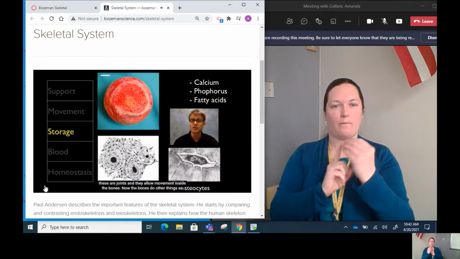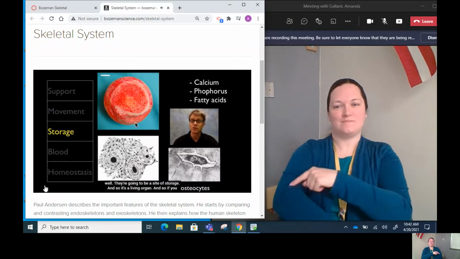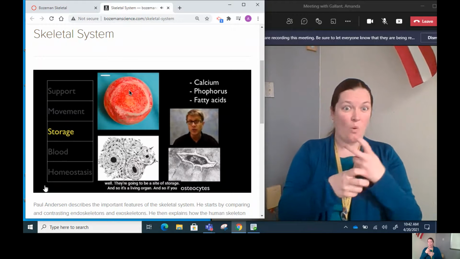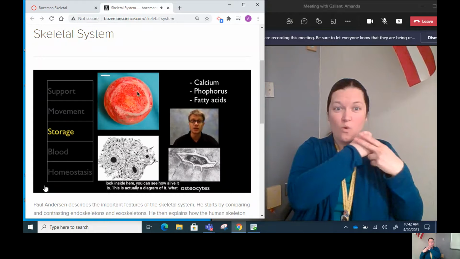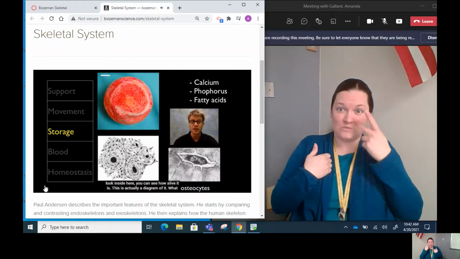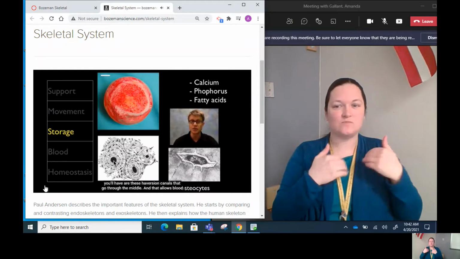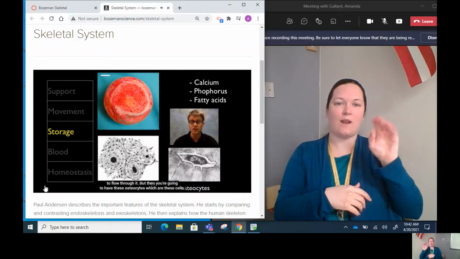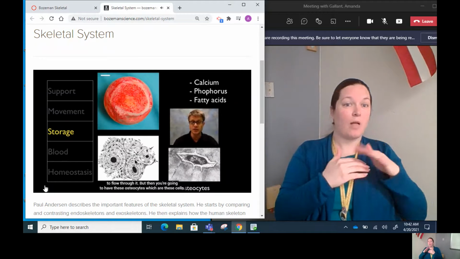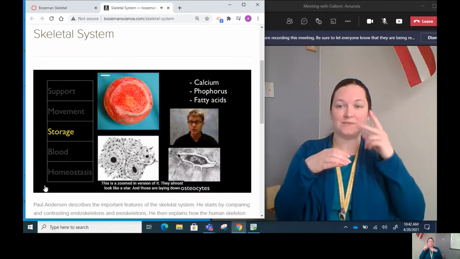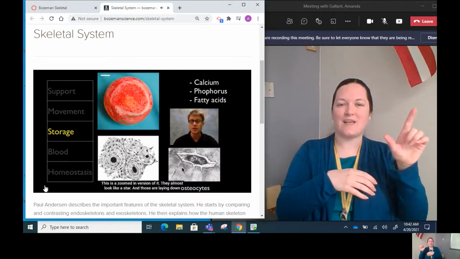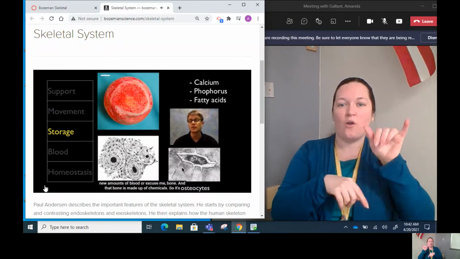Now the bones do other things as well. They're going to be a site of storage, and so it's a living organ. If you look inside here, you can see how alive it is. This is actually a diagram of it. What you'll have are these Haversian canals that go through the middle, and that allows blood to flow through it. But then you're going to have these osteocytes, which are these cells. This is a zoomed in version of it. They almost look like a star. And those are laying down new amounts of